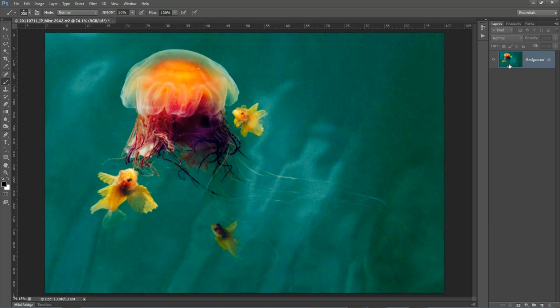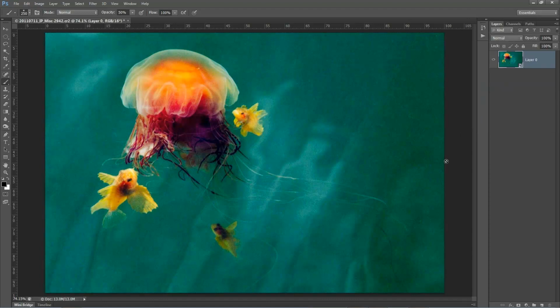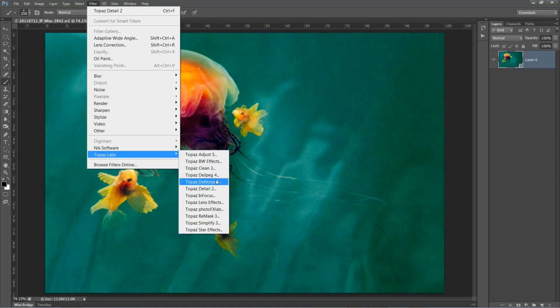So to take this basic image over to become a smart object, I'm just going to right-click, convert to smart object. Because I already have this inside of Photoshop, it doesn't give me access straight away back to the raw data like it would if I launched through different means, but it's still going to provide all the benefits of smart filters. So with a smart object, I don't need to create a duplicate copy of this layer 0. I can go straight up, launch my filter. So I'm going to grab Topaz Labs, click DeNoise again,